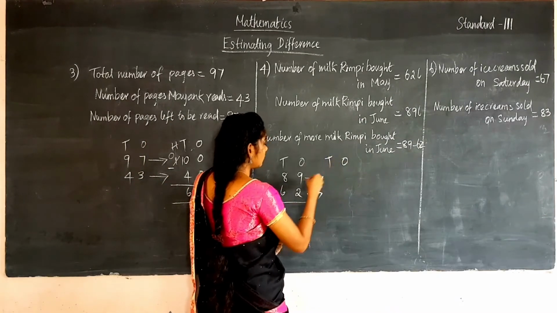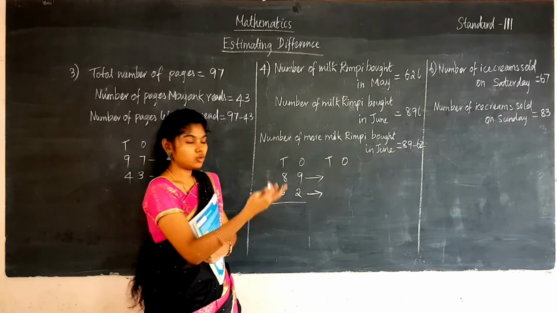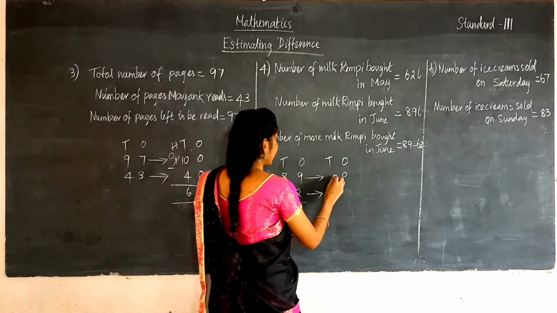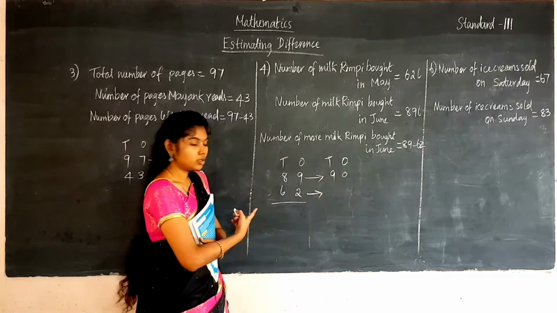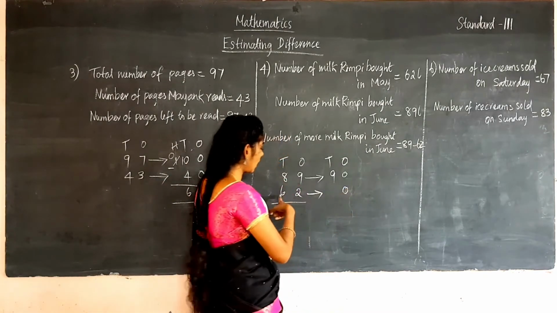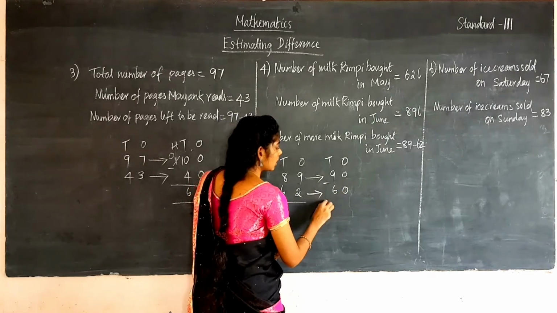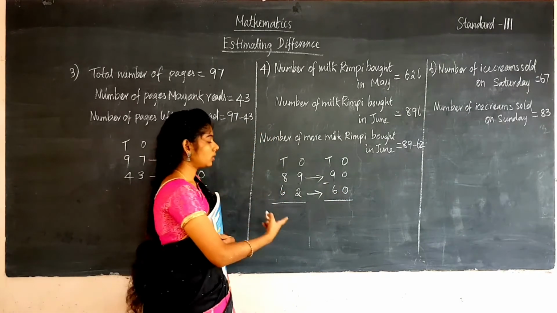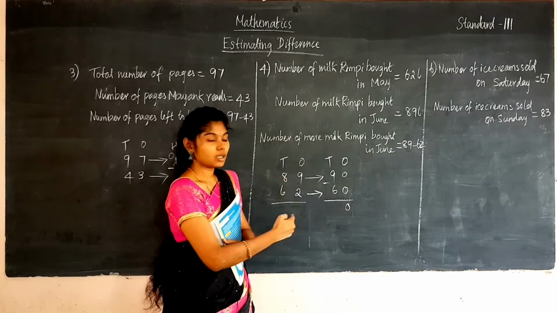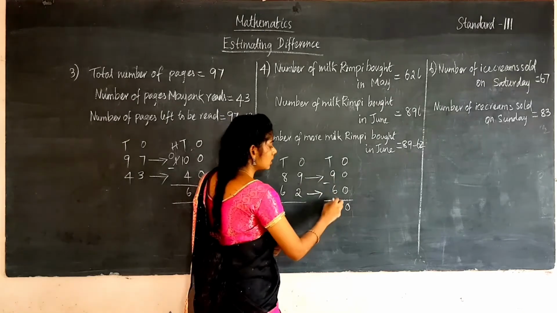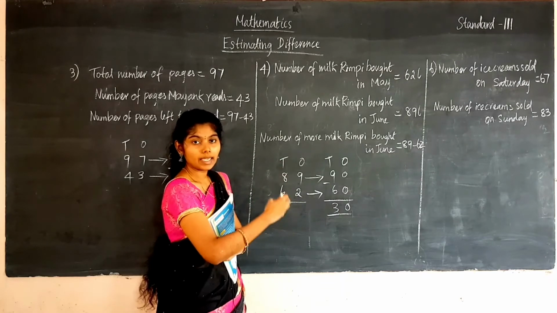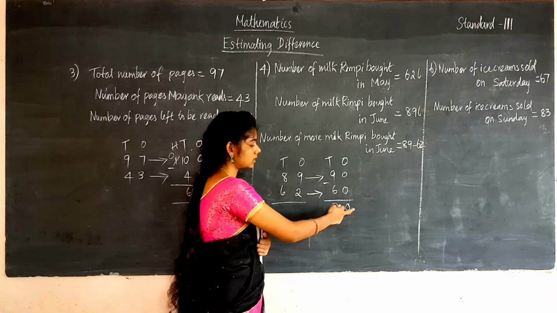So ones place, tens place. Here 9 is greater than 5. So write 0 in the ones place and add 1 to the tens place number. So you will get 9. Next, the number 2 is in the ones place, which is less than 5. So write 0 and write the number in the tens place as it is. Now you subtract. In the ones place, 0 minus 0 is 0. In the tens place you have to subtract 9 minus 6. 9 minus 6 is 3. So 9 in the mind and 6 on the fingers. Say the numbers before 9: 8, 7, 6. So we have got 30.